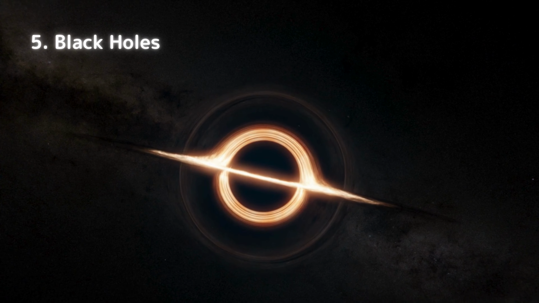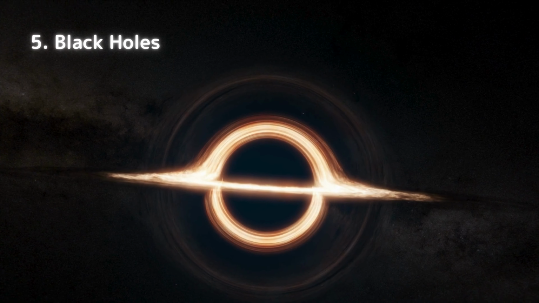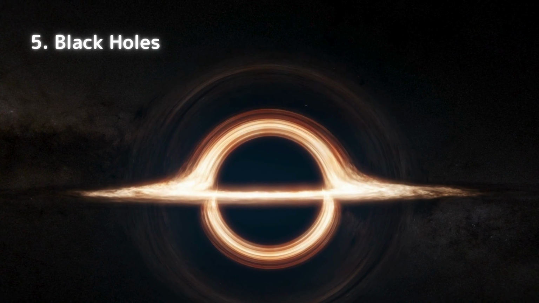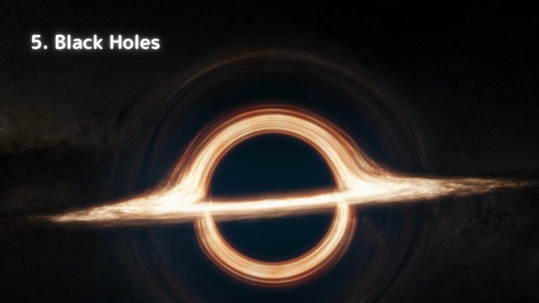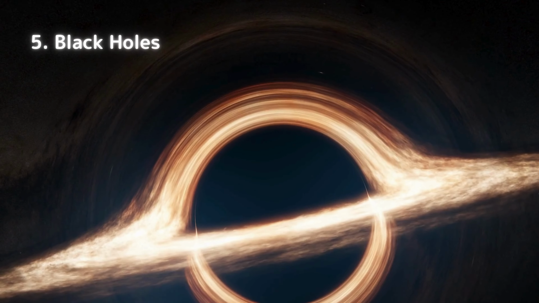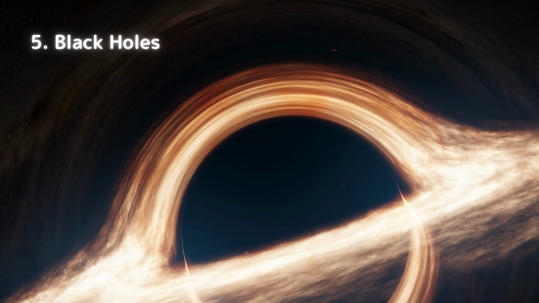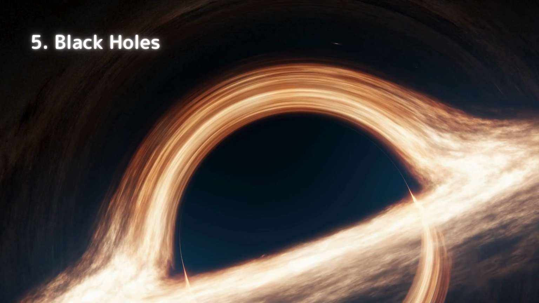A black hole is a place where the warping of space reaches its extreme. The powerful gravity of a black hole stretches the surrounding space to an extreme degree. This phenomenon is sometimes called spaghettification. If you get close to a black hole, space becomes infinitely distorted, and nothing can escape from it.